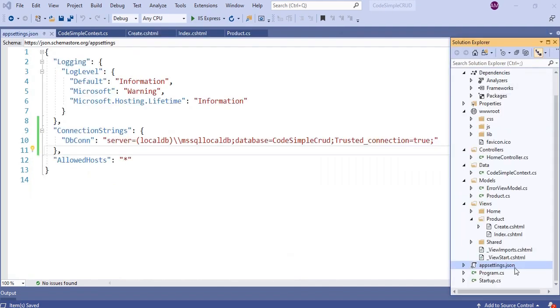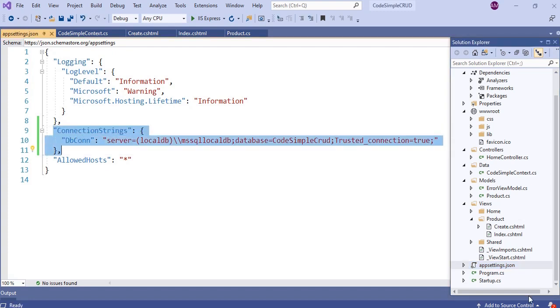For this application, we will store the connection string in the appsettings.json. So open the appsettings.json and add an object named ConnectionStrings. Inside it, create a name value pair in which name equals dbcon and the value is the connection string to your SQL Server.